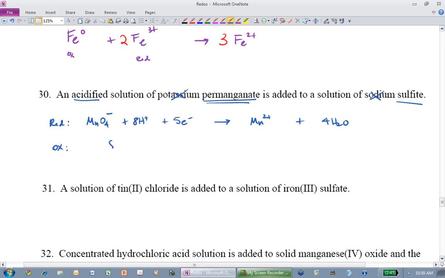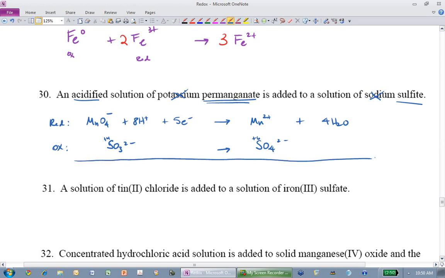Oxidation half. SO3 2 minus. In acidic solution, it goes to your good buddy SO4 2 minus. Now, if you can't remember that, just think about it. If it's going to be oxidized, this is a +4 sulfur. This is going to have to be a +6 sulfur, so that's an oxidation. So either know that in acidic solution this is what happens, or just do the little simple, are you smarter than a 5th grader